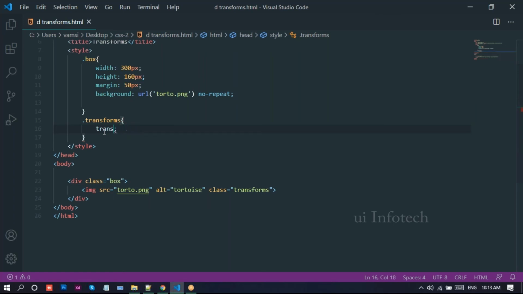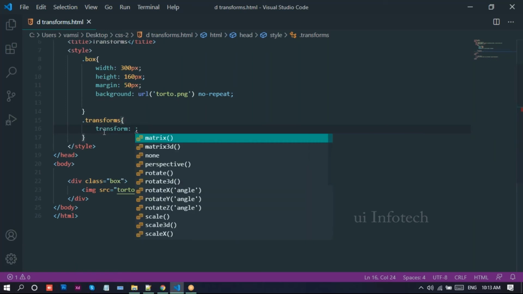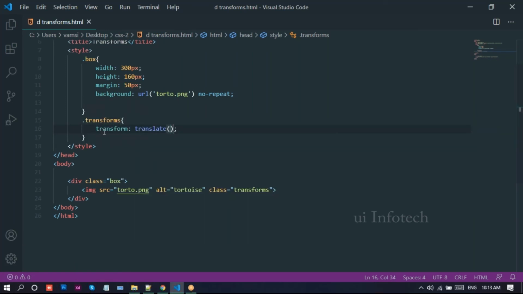Here I'll write transform translate 300 pixels, comma 60 pixels. I provide the x-axis and y-axis.